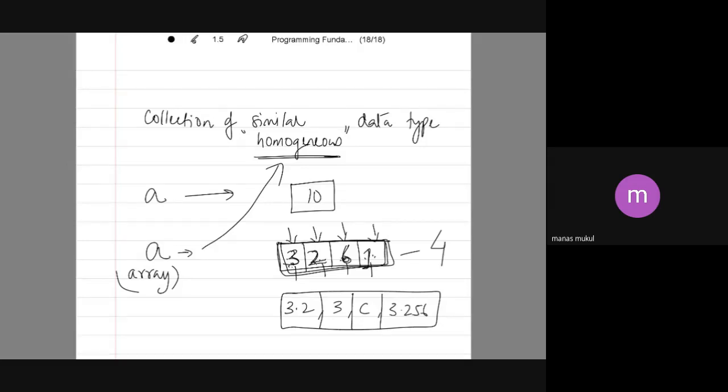And all these elements are referenced. What is the meaning of reference? Reference means they are identified by the name of the array. And then they are stored in a set of consecutive adjacent memory slots. If this is the way your memory is organized in your computer, and you are declaring an array, then what happens is this: if there are 5 elements in an array,